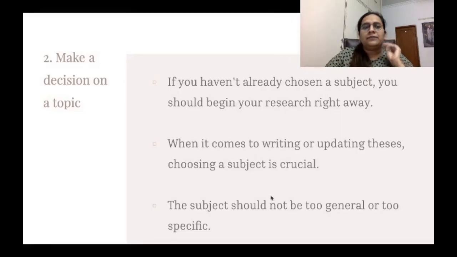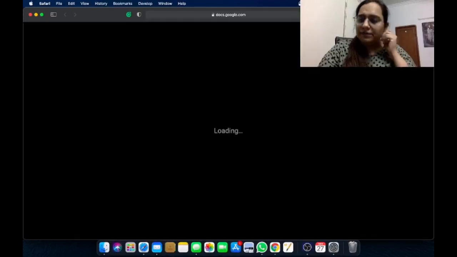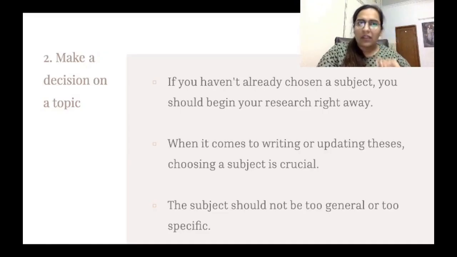How to make a decision on a topic. If you are doing a relevant study, you would need to have a similar kind of reading, obviously. Until unless you don't read a, sorry for the connection. So where